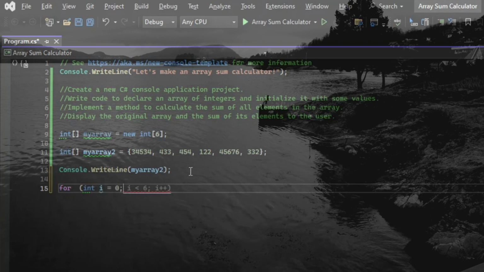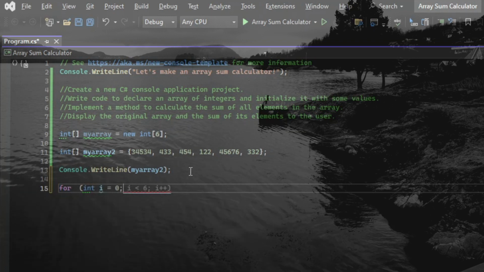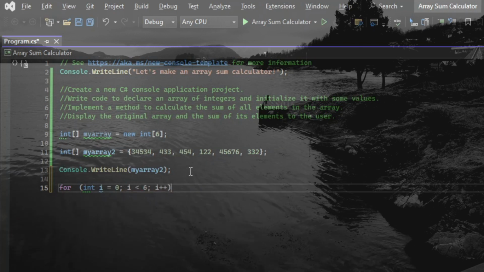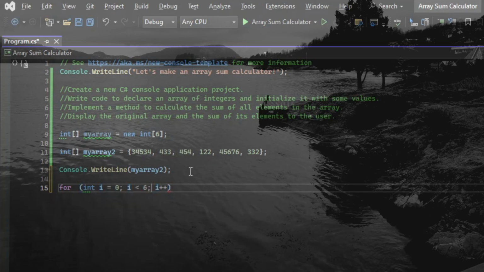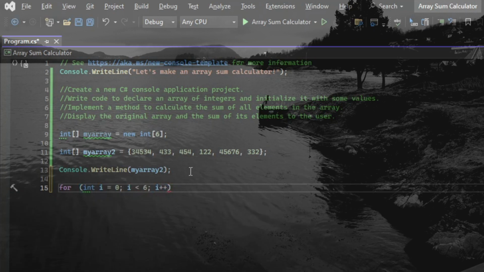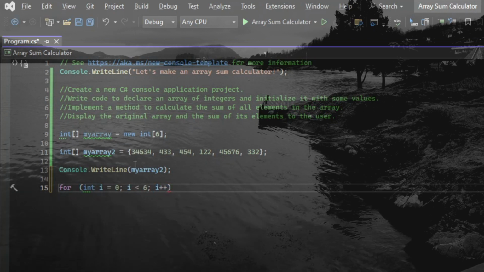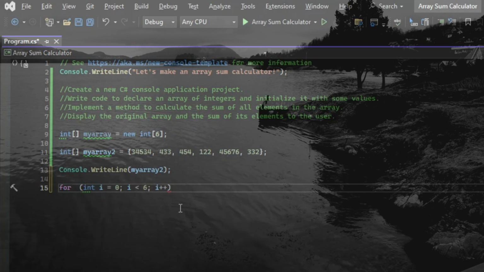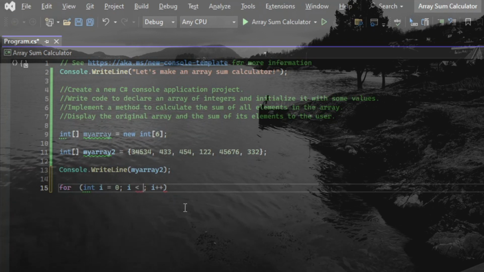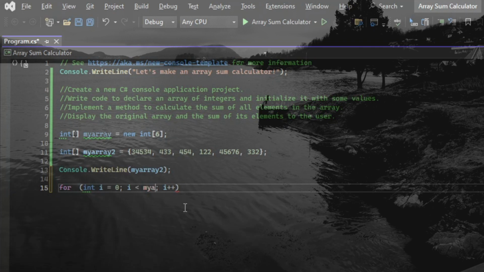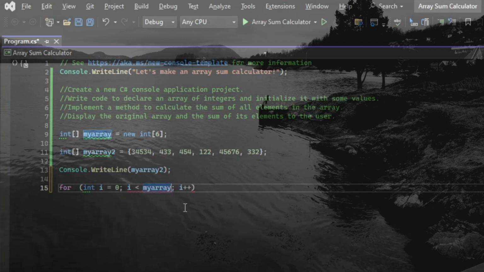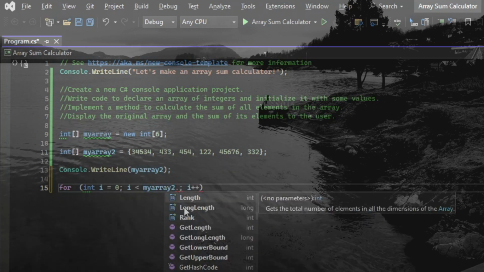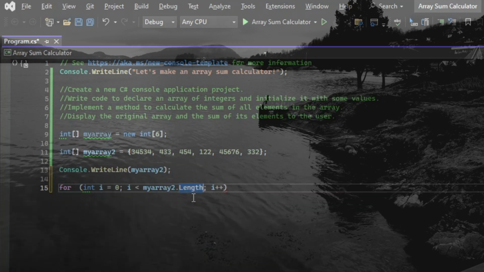So for int i equals 0, and then, well, yes, it has 1, 2, 3, 4, 5, 6 elements. So you can use 6, but you can also use the Length property like this,